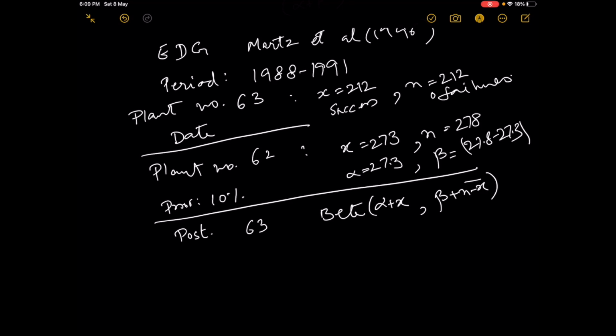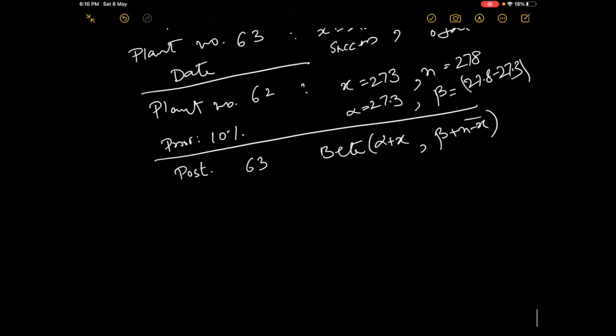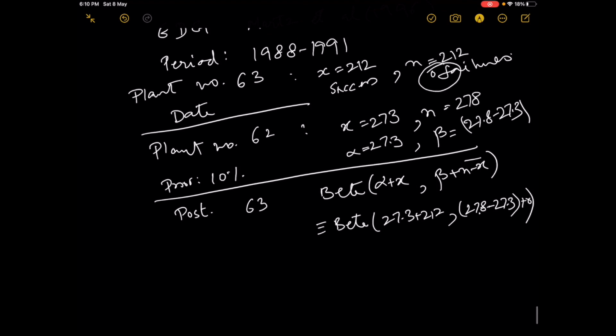So this is the failures in the prior sample. Therefore, the updated beta will be, because of no failures here, so we are adding 0. So this comes out to be,